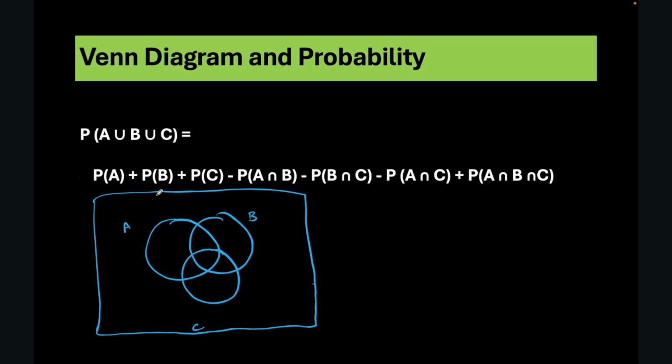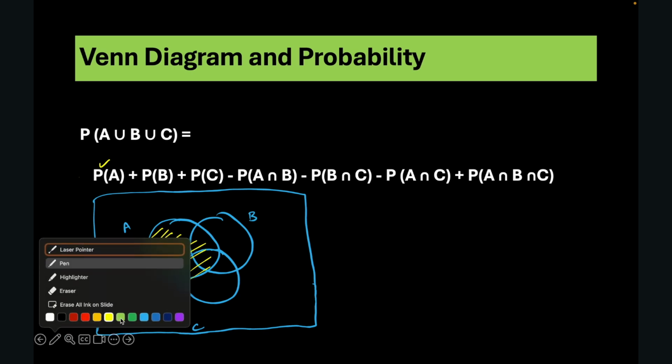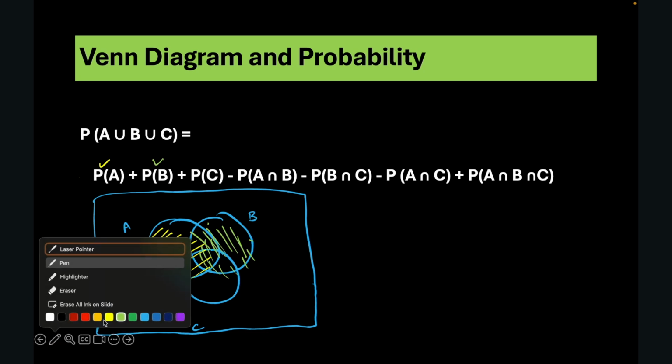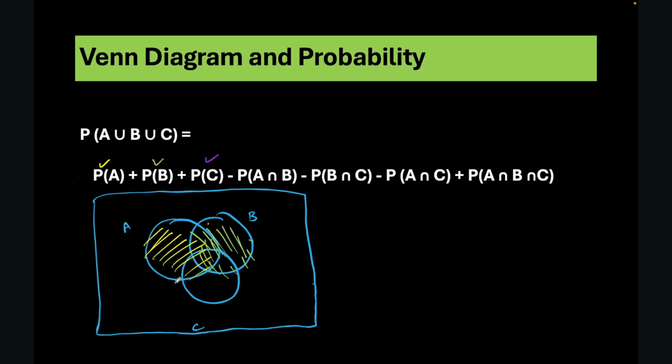Well, I'm gonna have to add probability A once because I have to account for everything inside. I'm gonna have to add B, which is this, all of it, right? And then I'm gonna have to add C again because I can't leave it out. So C, like this,